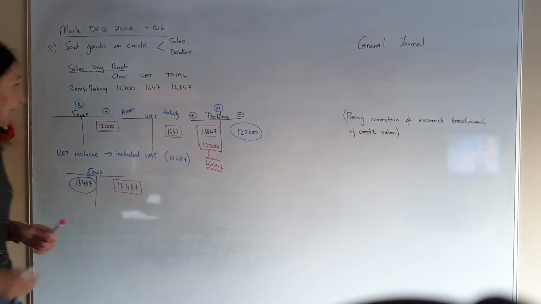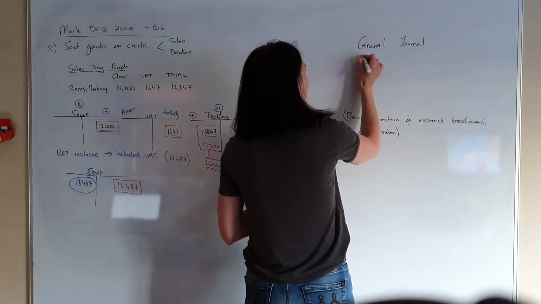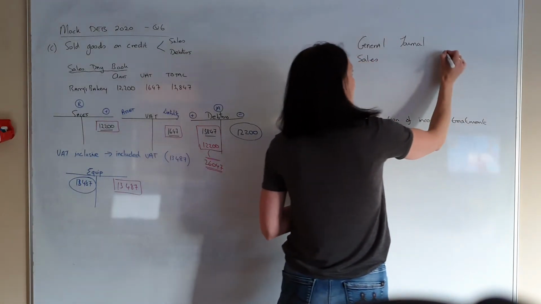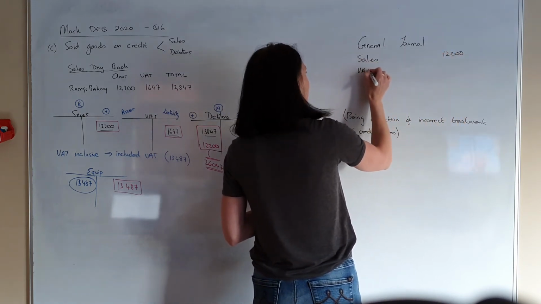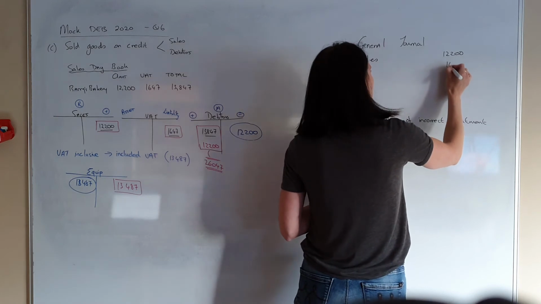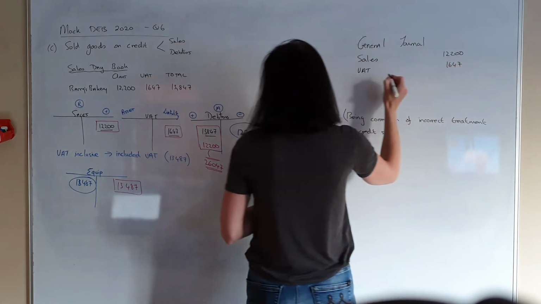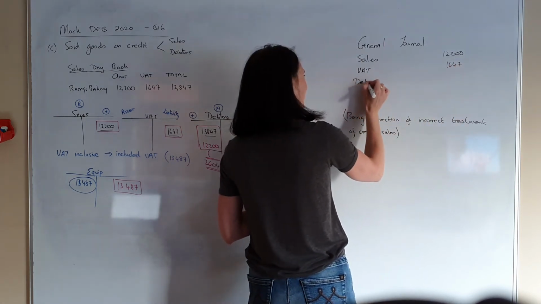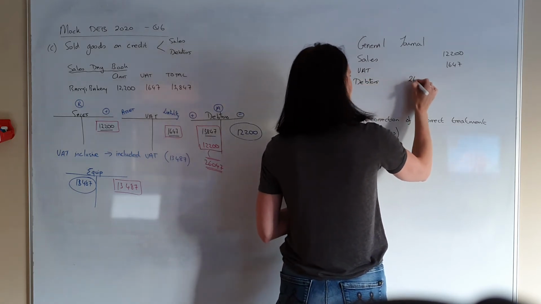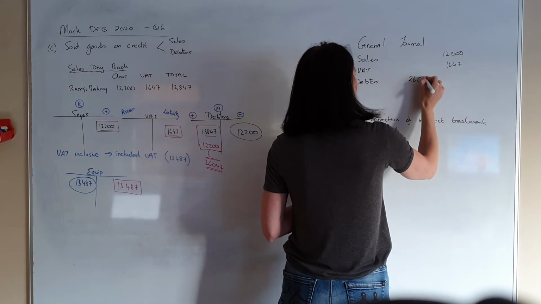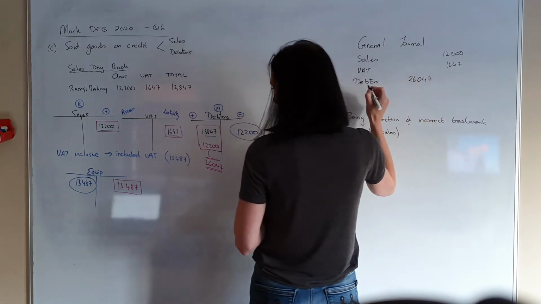So if you're putting this in here, you have sales 12,200. You have VAT 1,647. You have debtors, and again I'm putting in the combined figure, but you could put in two separate figures if you want, 26,047, and I'm putting in the equipment